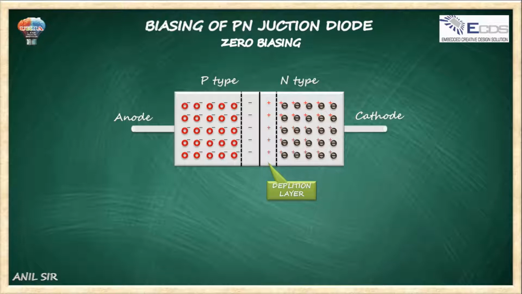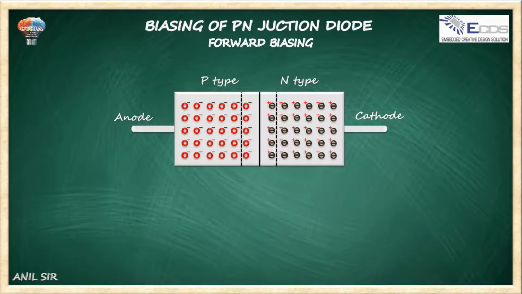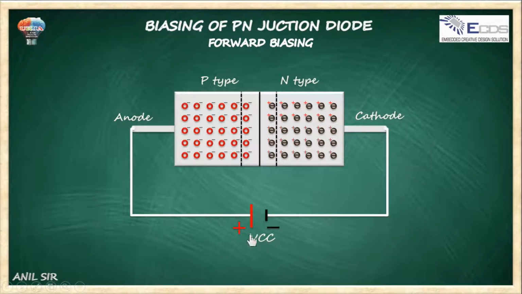So the next biasing is forward biasing. So forward bias of PN junction diode, हमने यहाँ पर इनिशियली जो डिप्लेशन लेयर क्रिएट की हुई है वो हम यहाँ पे दिखा रहे हैं अभी. So what is applying the forward bias? What do we mean by the forward bias? When the positive of the battery is connected to the anode and the negative of the battery is connected to the cathode, it is called forward biasing. या फिर हम इसको ऐसे भी कह सकते हैं, positive terminal of a battery is connected to the P side of the material and negative terminal of the battery is connected to the N side of the PN junction diode, is called forward biasing.